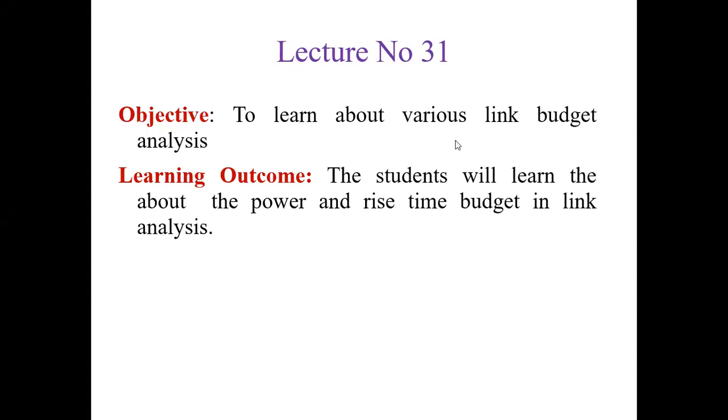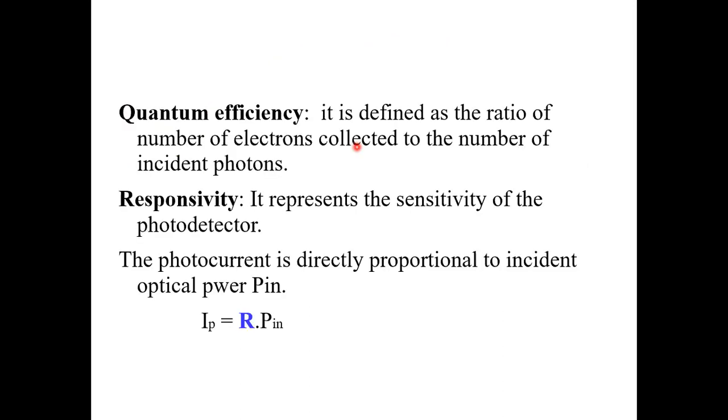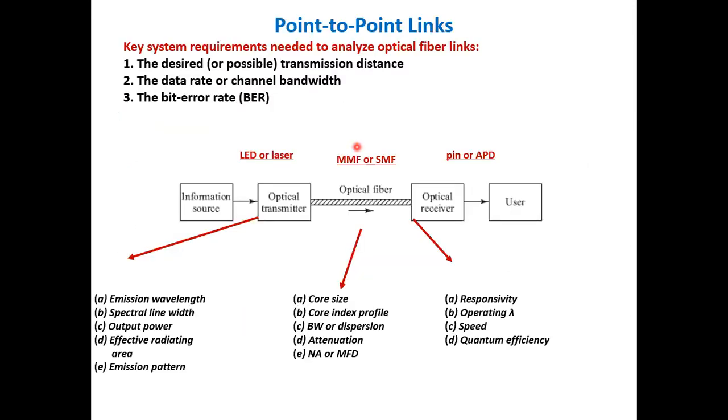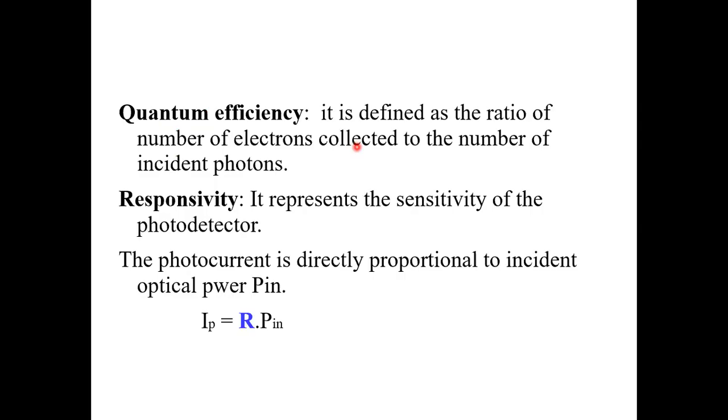So here we will study about, we had already started with the link budget analysis in the last lecture. We had seen what aspects I consider when I select the fiber, how I select the source, or how I select the optical detector, photo detector. So there are some parameters I had listed. Today we will just again study a little bit about each of them. So we will finish up how I design a system, and then we will actually start with the system designing.